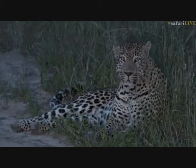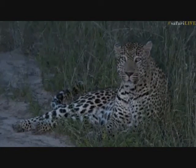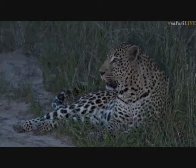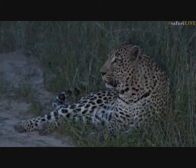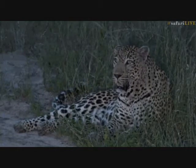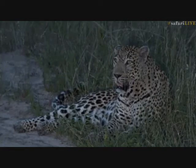And they'll go on for the entire day and mark. Sometimes they probably stop and have a drink. But I just think to myself, where on earth do they store all of that urine? Where does it keep coming from? It's unbelievable. So next time, if you are planning a trip to go on safari, just take note